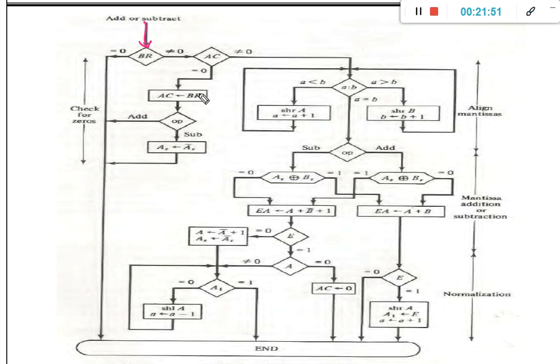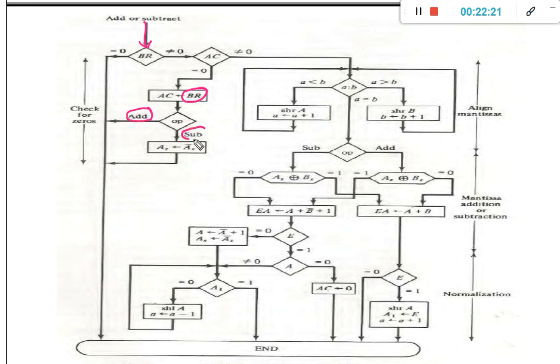So if the AC value is 0, because AC contains the result, just move the content of BR to AC. Okay. So then, because we need to determine the sign bit, just check if it is an add operation or subtraction operation. If it is add operation, then no need to change the sign bit.